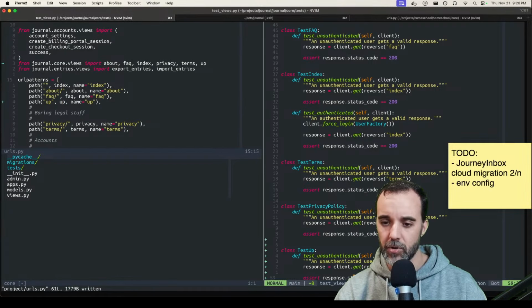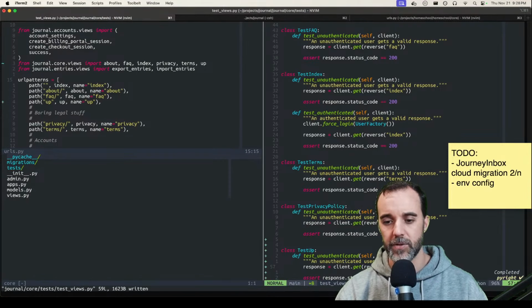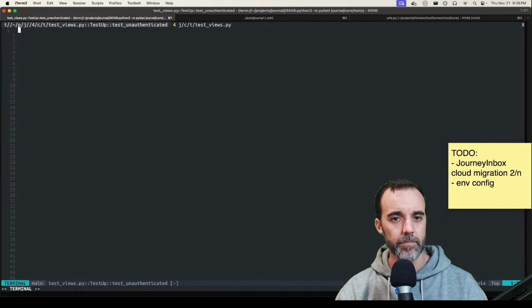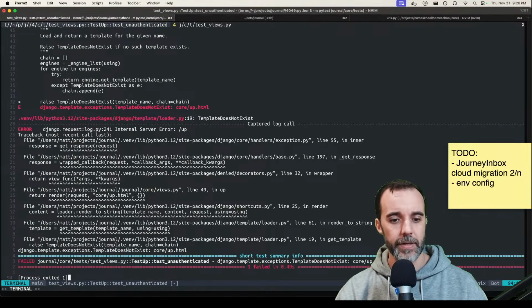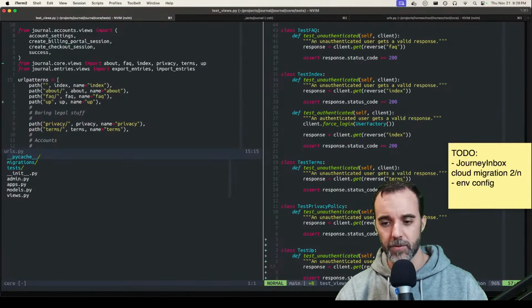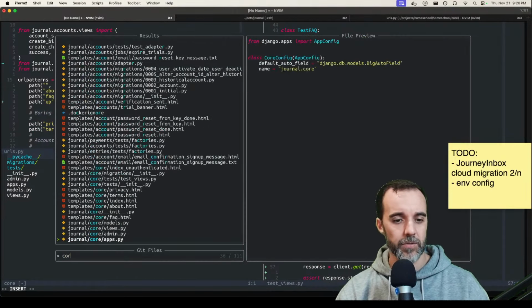So that's all good. Now the other thing we need to do down here is just call this up. So this should fail, and good. It fails exactly the way we would expect it to. So the other thing we need to do is go to the core